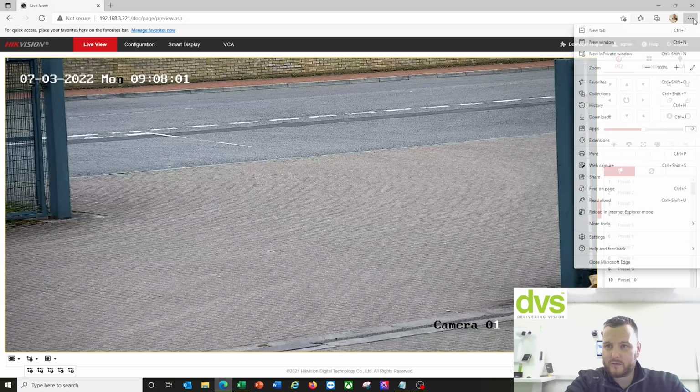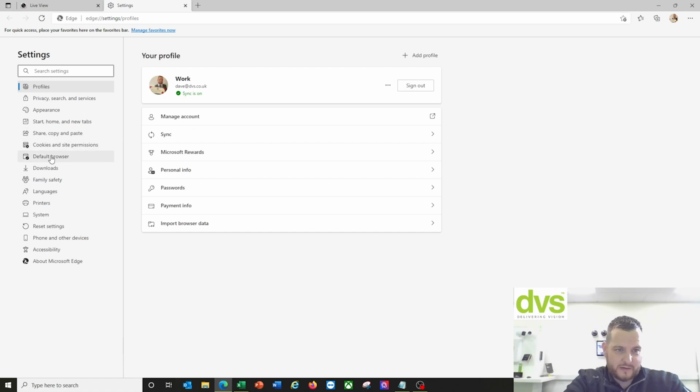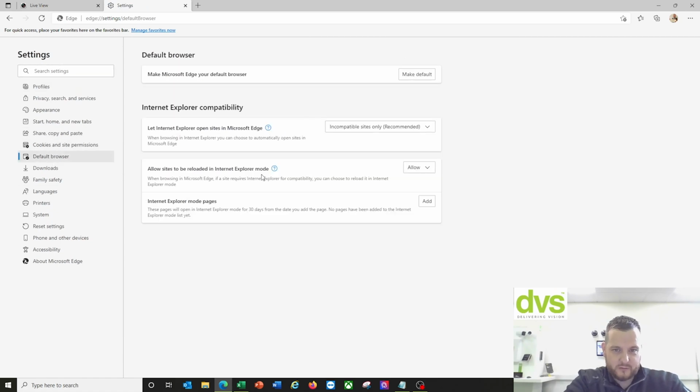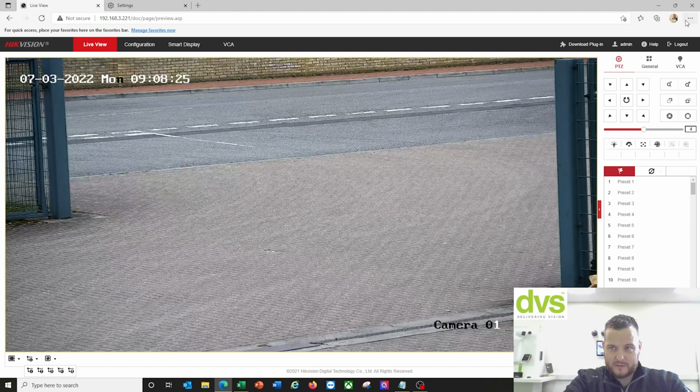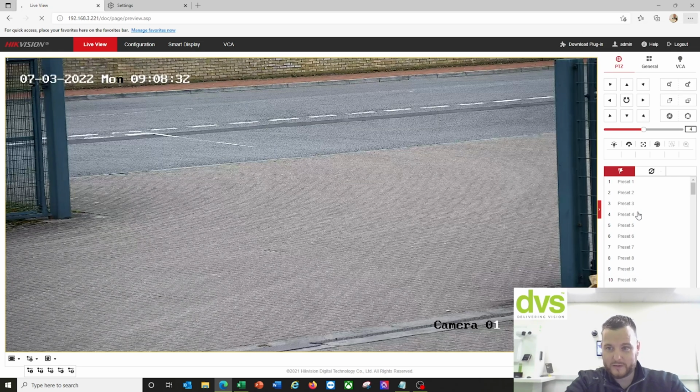So 3 burger buttons, top right hand corner, settings, and if you go to default browser, you can say allow sites to be reloaded in Internet Explorer. It's either default or don't allow, so change it to allow, and you can actually add pages in there that will always open in Internet Explorer mode if you want to physically add them in, but they only last for 30 days. Then once you've got that option allowed, you can go to reload in Internet Explorer mode,